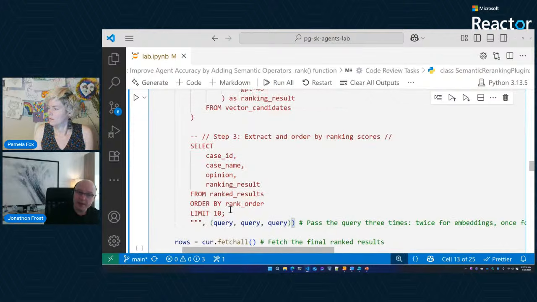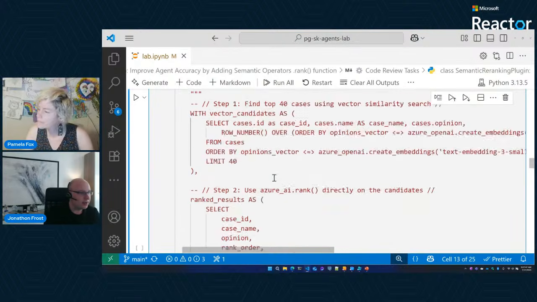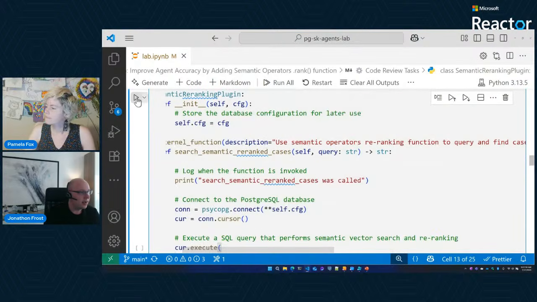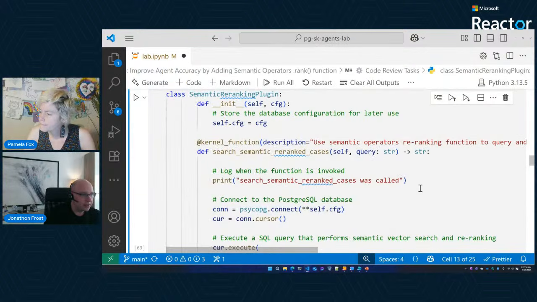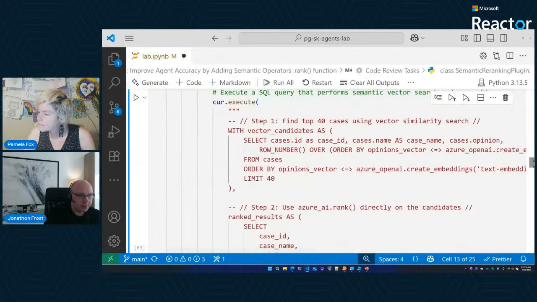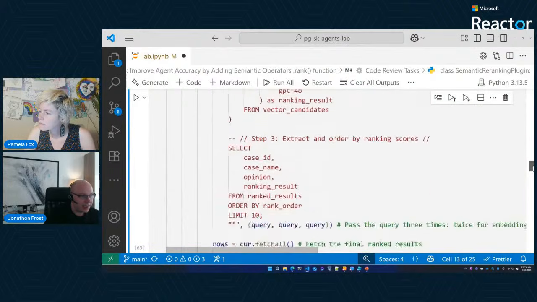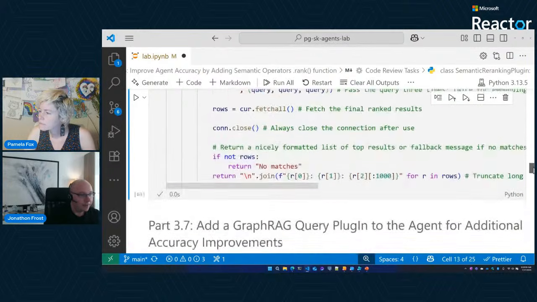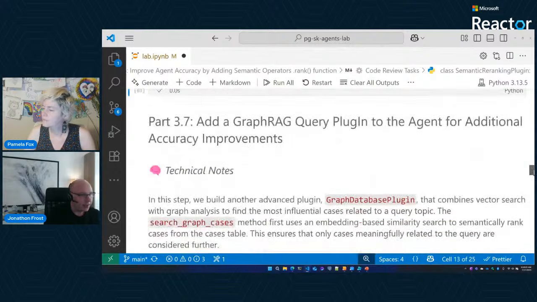So it's a way of optimizing the results from what the LLM gives us back, what the vector search gives us back originally, using another layer of optimization. So we can go ahead and run this to instantiate this class and these functions. And before we run this, we're actually going to do even one more plugin to highlight some of these concepts.